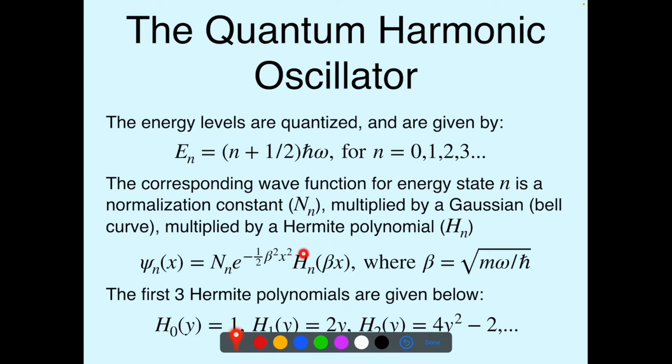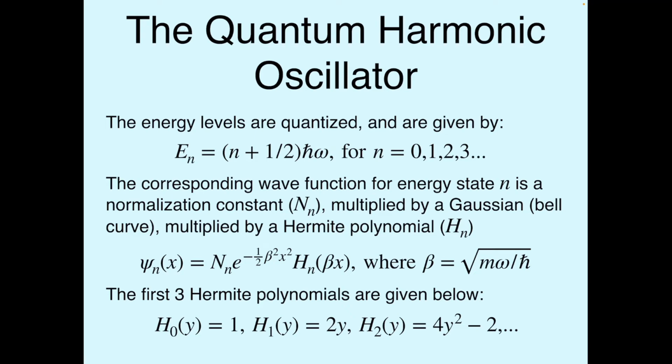Okay, so this last little bit, h sub n, is called our Hermite polynomial. What we're plugging into this Hermite polynomial is beta times x. So that's what we're plugging in. And I'll just list the first three Hermite polynomials for you so you can get a sense of what they